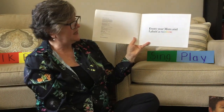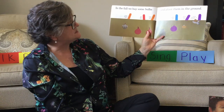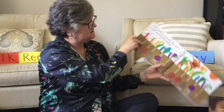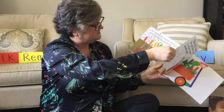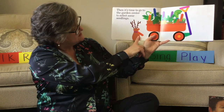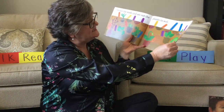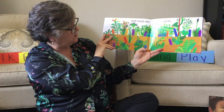Every year, Mom and I plant a rainbow. In the fall, we buy some bulbs and plant them in the ground. We order seeds from catalogs and wait all winter long for spring to warm the soil and sprout the bulbs. Then it's time to go to the garden center to select some seedlings. This one says rose. It's a rose plant and all kinds of different flowers and ferns and things. We sow the seeds and set out the plants in soil. And watch the rainbow grow